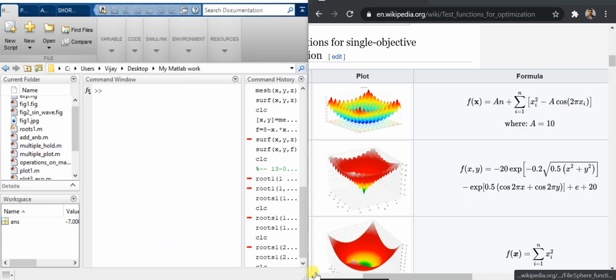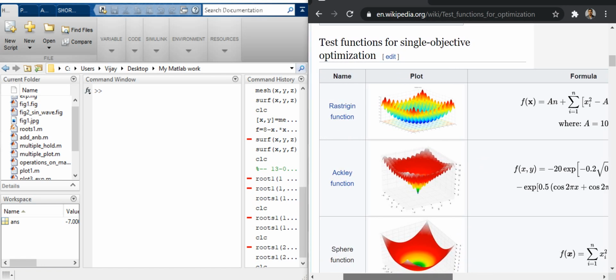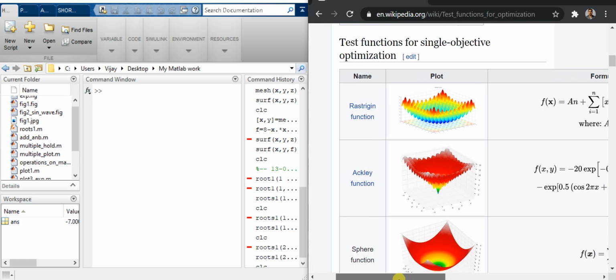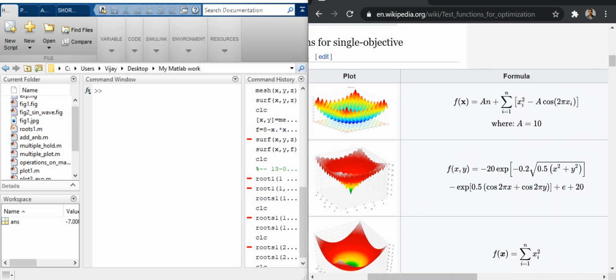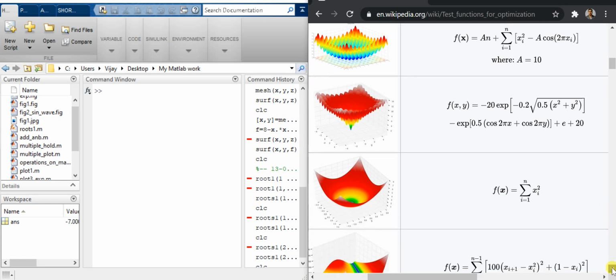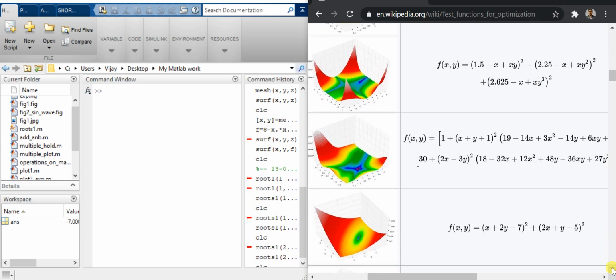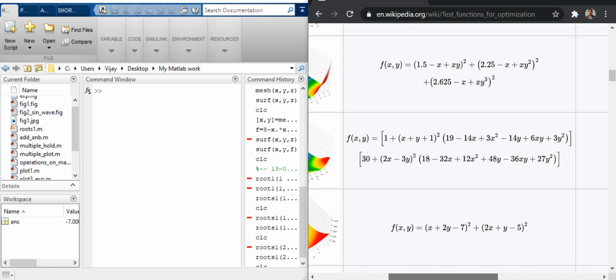Now these are some of the functions which are used in optimization problems. There are so many functions over there. The first one is the Rastrigin function, which uses this formula, and for the Ackley function, this type of formula is used, and so on. There are so many functions for optimization problems. So let's try to code one of the functions. Let's take this